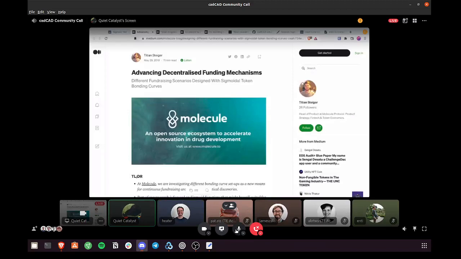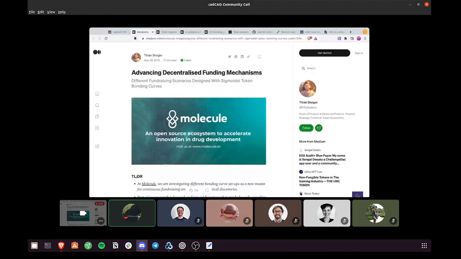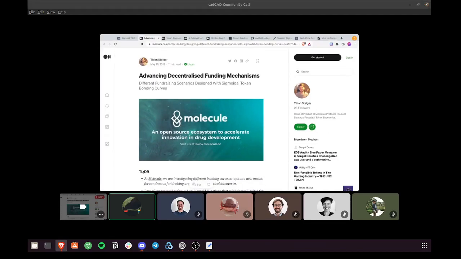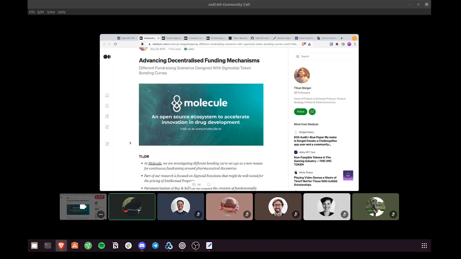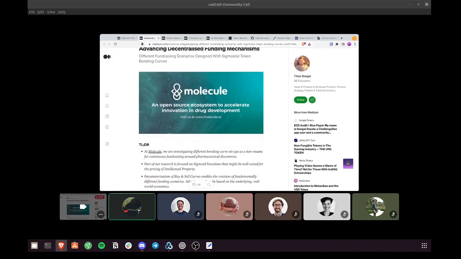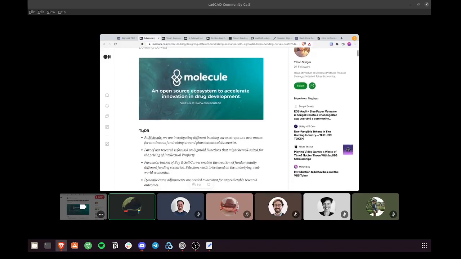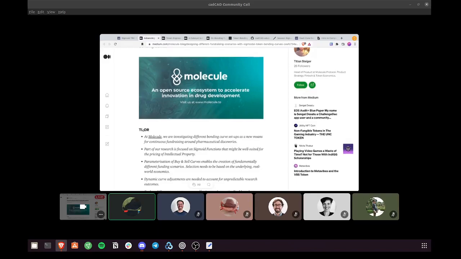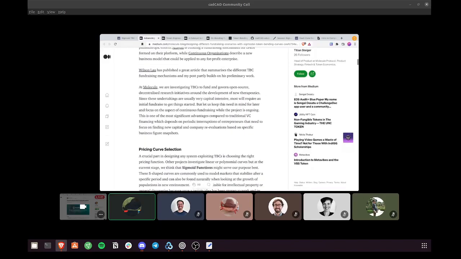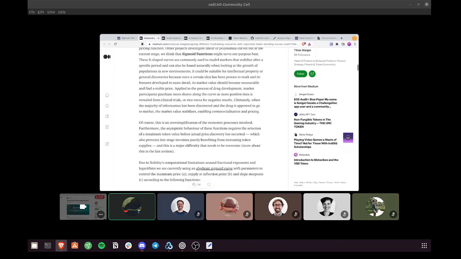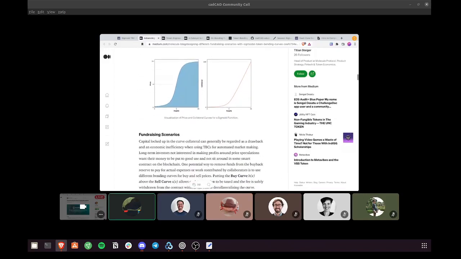Okay. So I'll start by giving credit to this Medium post, which kind of got me started on this notion of sigmoidal token bonding curves. And prior to this, I'd read about some of the other bonding curve forms. And I was kind of captivated by the sigmoidal approach, given that sigmoid is a somewhat naturally occurring function that we see in systems. And so I read through this paper by the group from Molecule, and got a top-level understanding of the intention behind this approach to the bonding curve.